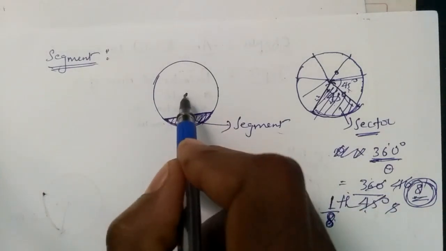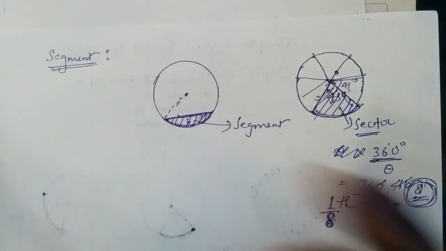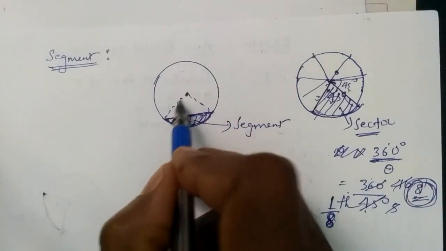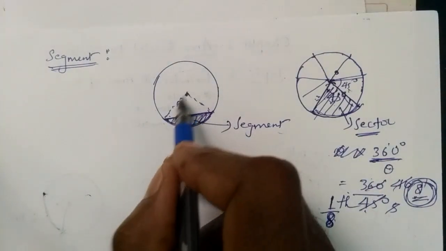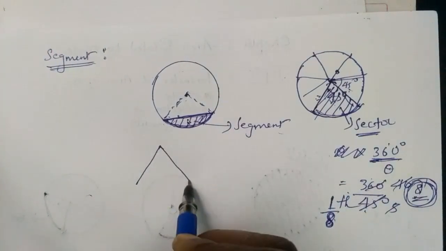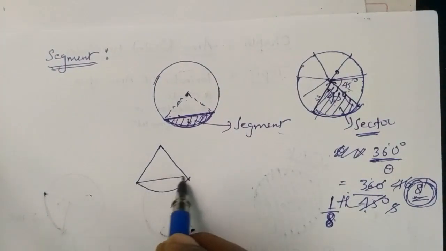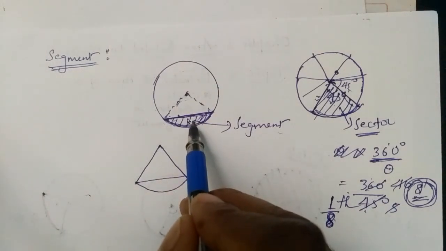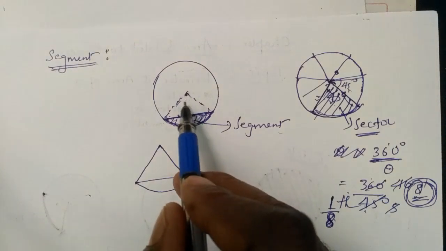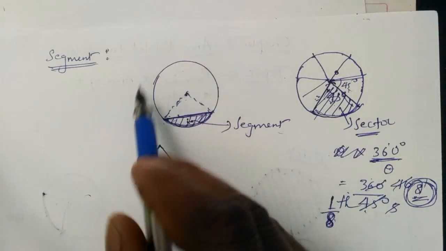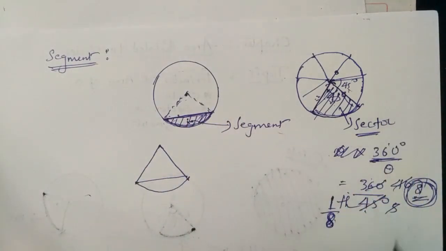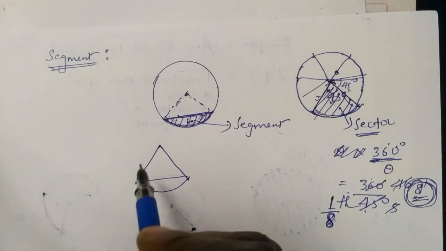We follow another method: we first join these two radii. After joining these two radii, what will we get? We'll get a complete sector. Look here, this is complete. I'll draw that separately. See, actually we want only this region, the segment area. To find the segment area, we don't know any angle at the center. Also, dividing the whole circle equally by segments is a very difficult task. In a sector that problem doesn't persist, but it is causing trouble here.